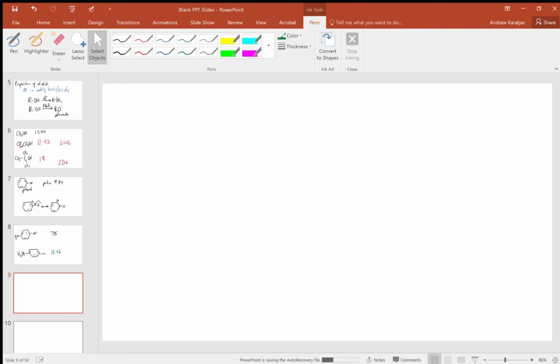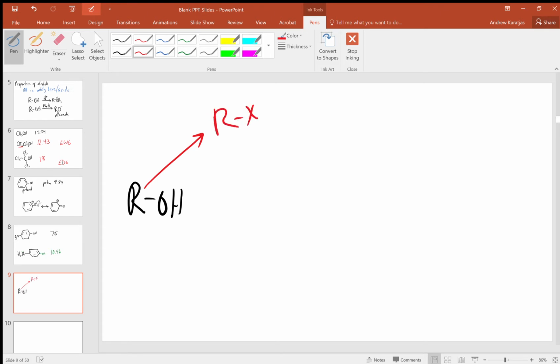But in Organic 2, most of our discussion for functional groups revolves around their reactions. And when it comes to alcohols, there's a lot we can do with an alcohol. Typically, in a single reaction, you can convert an alcohol to an alkyl halide, to an ether,